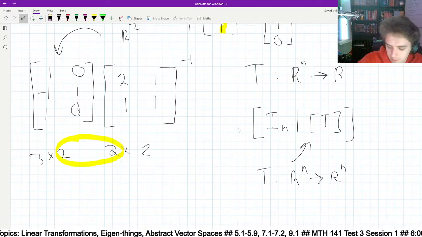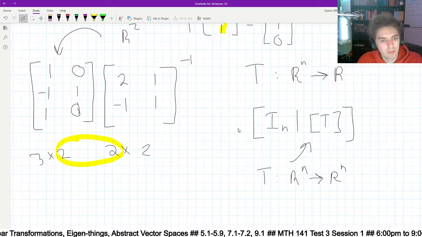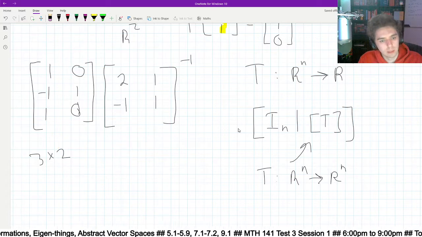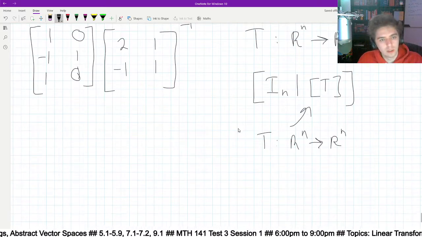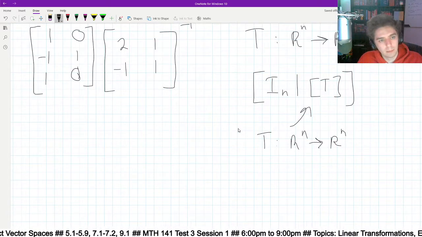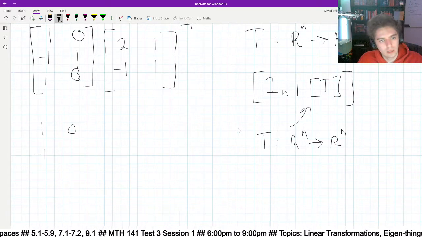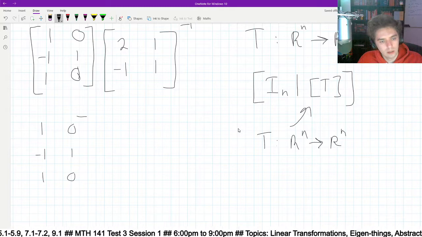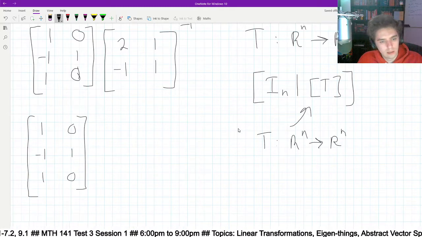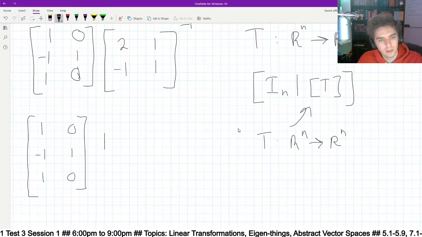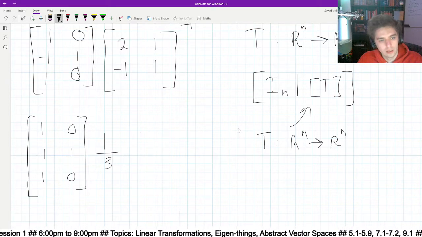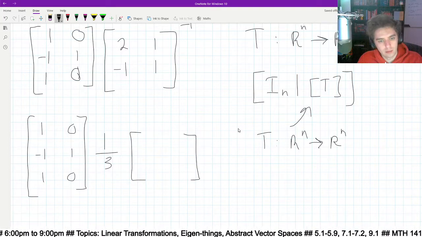From anyone else? So let's actually solve the problem now. Let's actually multiply these matrices. I'll find the inverse of this one. The inverse of this one is going to be 1, 0, negative 1, 1, 1, 0, times 1 over the determinant. The determinant is 2 plus 1, so 1/3, times the adjugate of that, which is going to be 1,